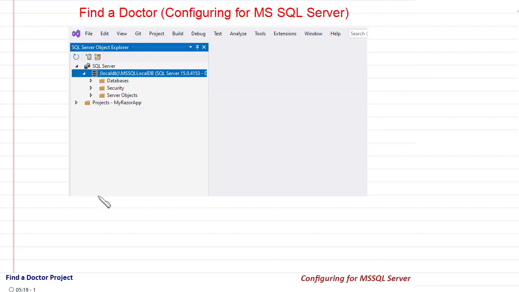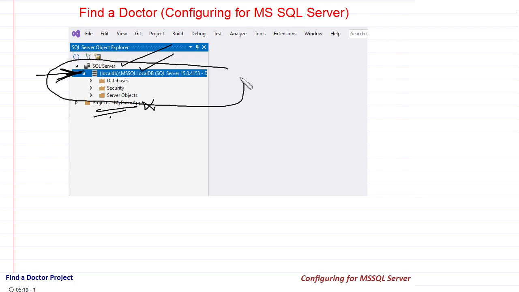The first thing you will need is that your SQL Server Object Explorer should show that your SQL Server is actually available and LocalDB or some instance is available to you. Maybe when you open Visual Studio for the first time, you will see two instances running. You can close one of them. So this is the one that I have retained. And this is our project, which is also shown here. We don't have to do anything about it. The only thing is that you should be clear that this should be running and available in your Visual Studio. I will come to that in a moment.